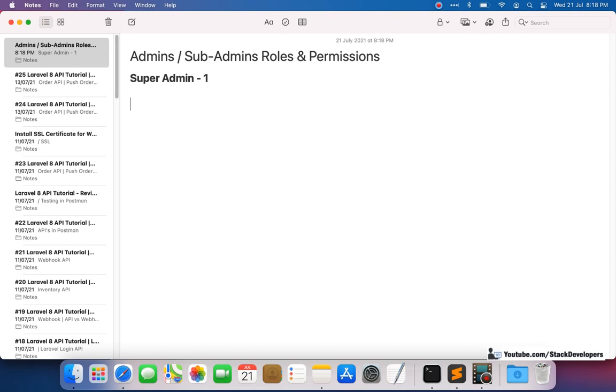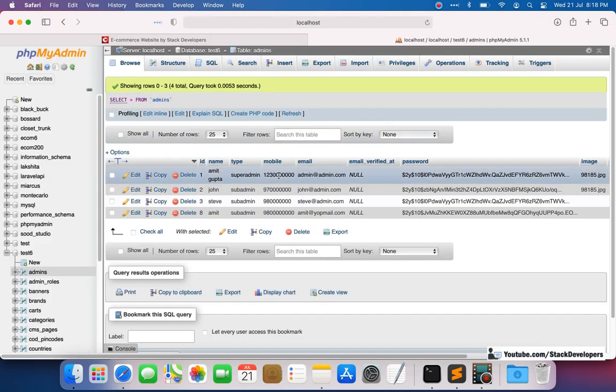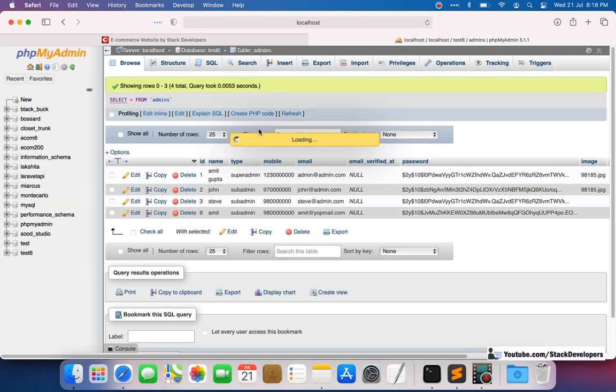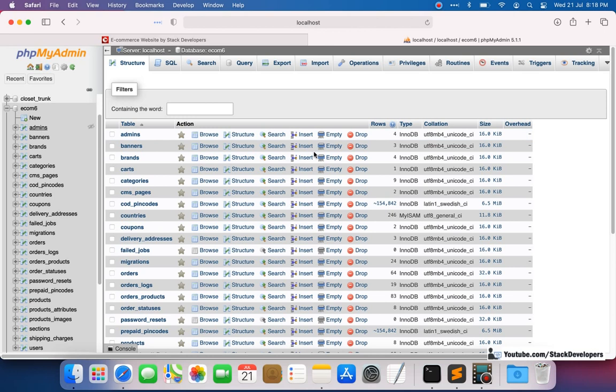So there is only one super admin, and there can be many admins. Admins can be many. After that there can be subadmins as well, and subadmins can also be one or many. Now see, up till now, I'm going to open the database admins table,